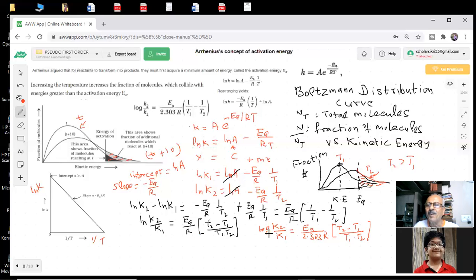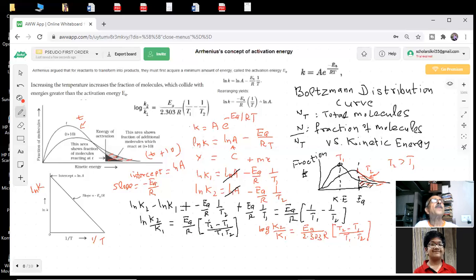There will be a lot of numericals, so we are seeing such an easy formula. R value will be given. Activation energy can be calculated if I know these values. And if I change the temperature, supposing by 10 degrees, activation energy is known, R is known, we will be able to find how the rate of the reaction will change. See, the scientists gave the equation, then they had to verify so many things. Experimental values are calculated, and then we put the values here and see how they match with our formulas.